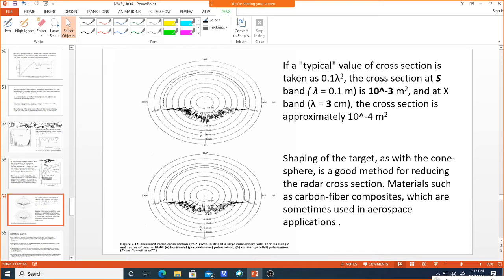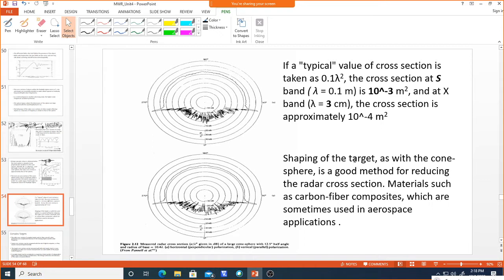Also, some materials are going to absorb the energy, so that the reflection will be minimum and it is going to reduce the RCS. So that type of materials you can also use to reduce the RCS. These are the applications where most aerospace applications and stealth applications are used. This type of material on top of the device reduces the RCS, and the enemy cannot detect the proper target of our device. That is the intention.